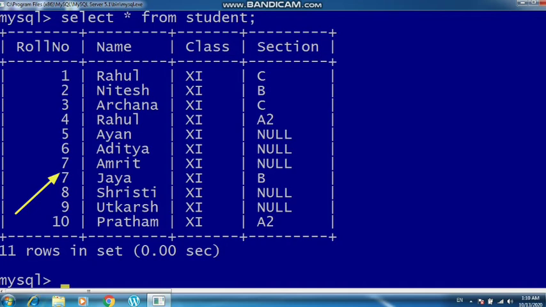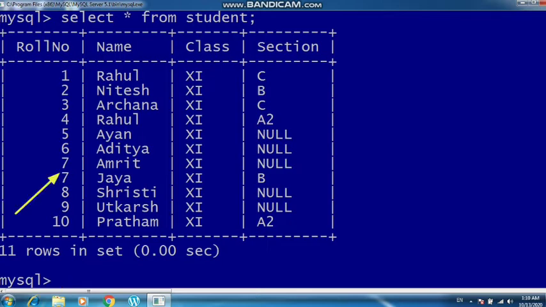Now today what I am going to make you understand is that suppose I want to change the name of this field, or I want to provide an alias to this field, I can do it with the as keyword here as well, in a table which is already created. So let us see here.